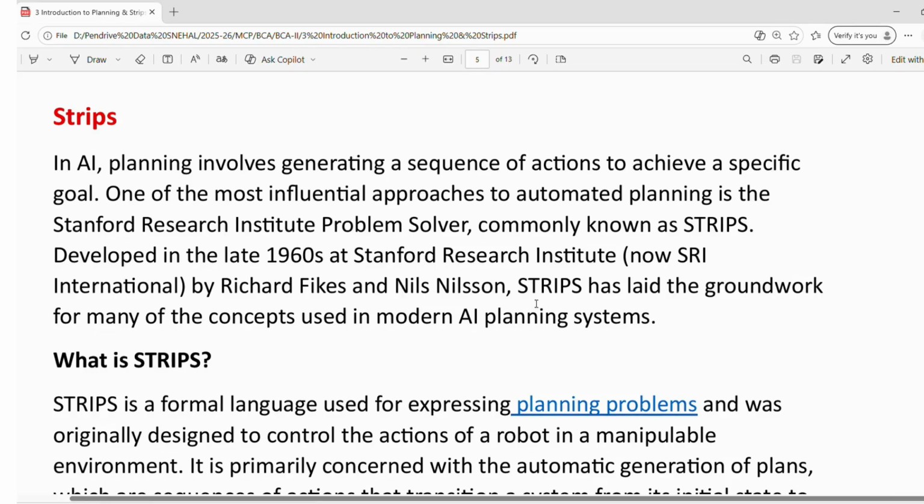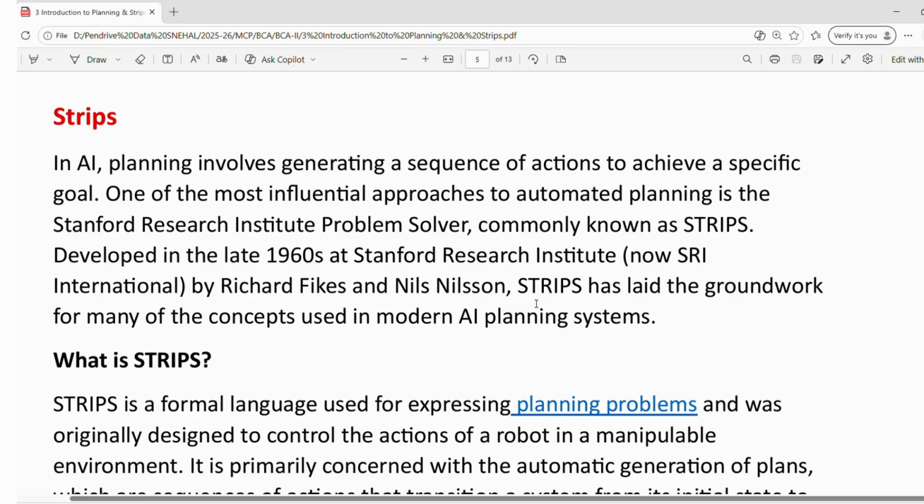So, hello students. In this session, we are going to learn about the most important topic in artificial intelligence, which is STRIPS. In AI, planning involves generating a sequence of actions to achieve a specific goal. One of the most influential approaches to automated planning is the Stanford Research Institute Problem Solver, commonly known as STRIPS,